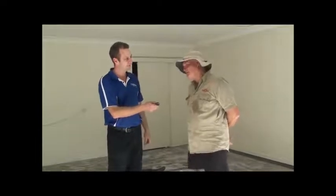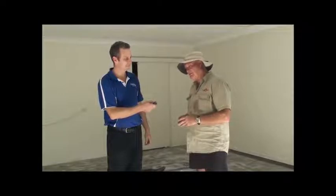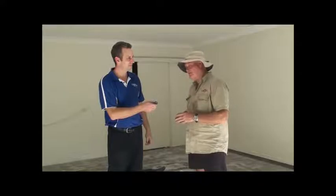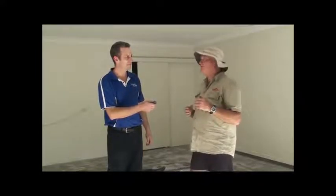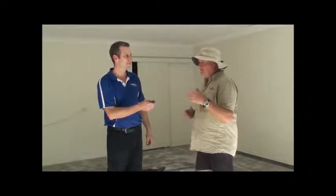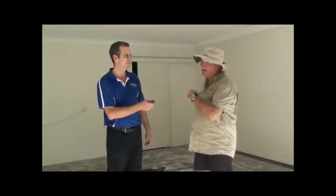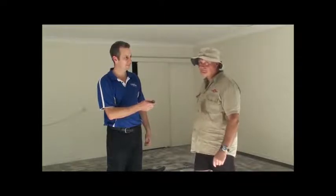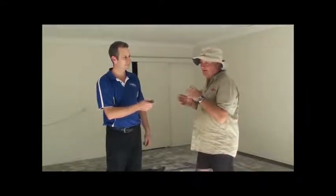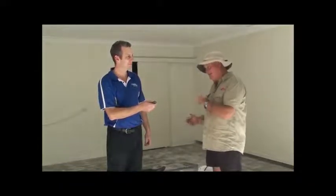Yes, that's right. So the first step here, each slab is different. Some slabs will use a lot more and never less. So we're looking at 250 microns per square metre is the base coat coverage. So the way I work, I mix up 1.5 litres or 1 litre, and we do a cut around the outside first, and then I've got my main, if I'm doing it on my own, in the winter